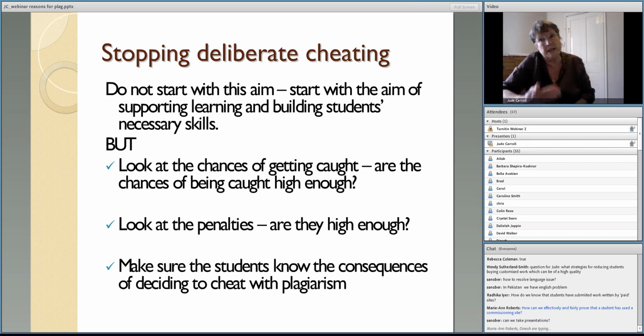The people who've studied this for a long time say that really the only thing you can do is use process approaches so that you check along the way that the process is going on, that the student is actually writing. You look at drafts and you get students to present to each other. You ask students to talk to you about what they're doing and so forth and so on. High quality work is hard to find.